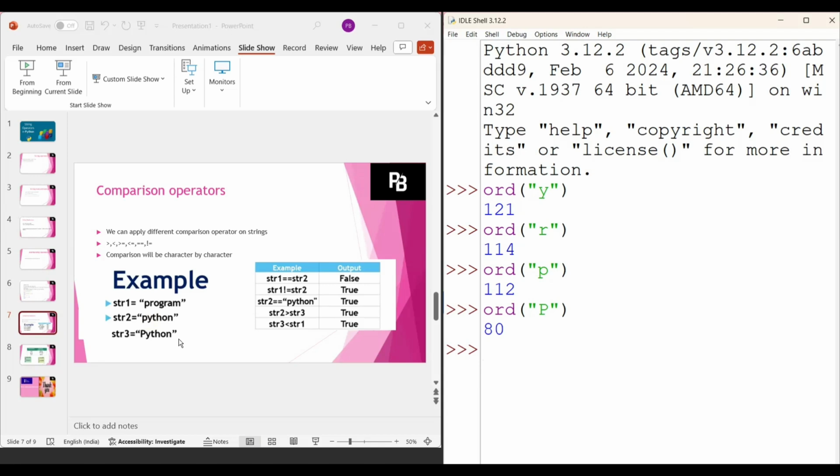But if we find the difference in the first scenario, then there is no need to compare the rest of the string. So small p's ASCII value is greater than capital P's ASCII value, so this string is greater. That's why it shows a true value.